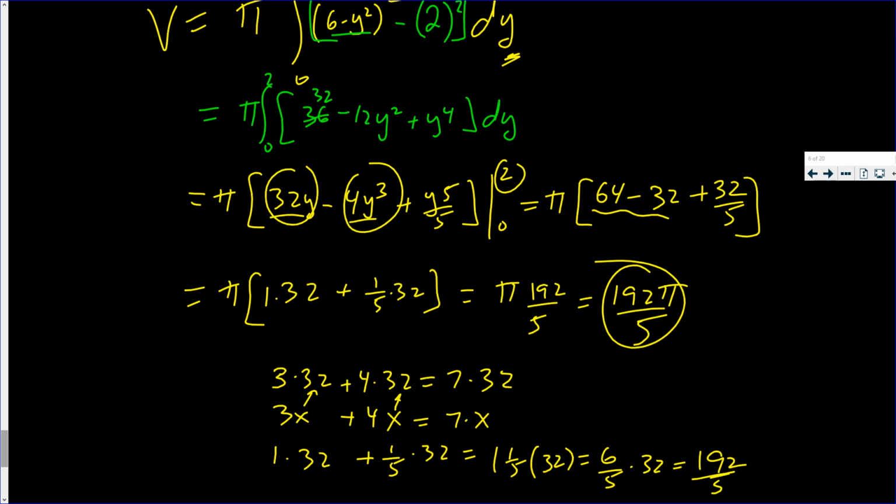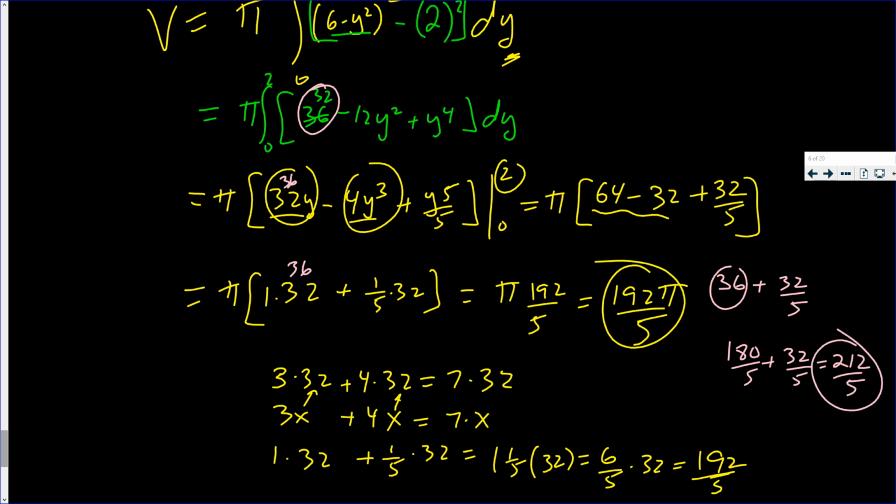If I had left this at 36, that would be 36, and that would be 36. So it's going to be 4 more. It's going to be 4 more. Oh, okay, that creates a headache, but all right. So we're going to have 1 times 36 plus 32 over 5. If I multiply that by 5 over 5, I get 180 over 5 plus 32 over 5, which is 212 over 5. That's what we would get